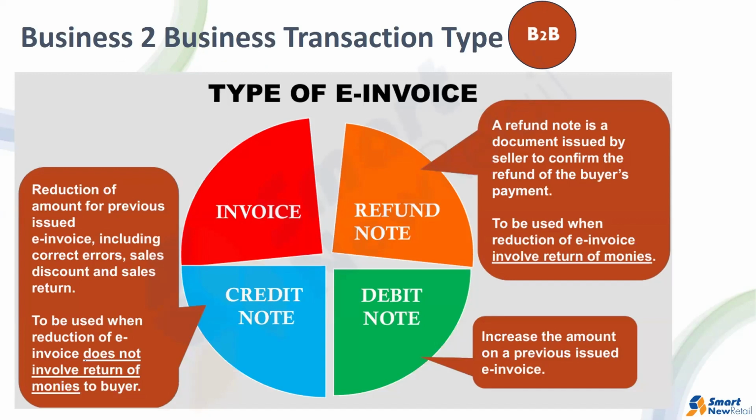So a credit note is usually for reduction of the amount on a previously issued invoice, including sales discount and sales return. It is used when the reduction of the invoice does not involve returning money to the buyer. A debit note is to increase the amount on a previously issued invoice, whereas a refund note is